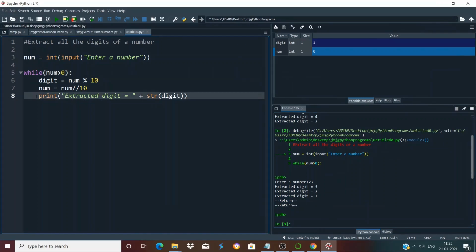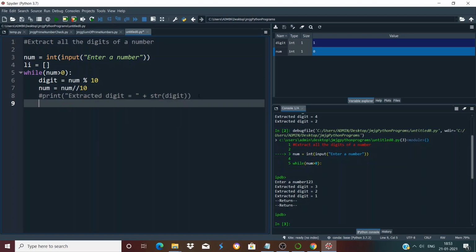Now instead of printing the digits separately, you may also be asked to store the digits in a list and find out the sum of the digits. In that case, what you will do, you will simply take an empty list here. You will store the digits. Instead of using the print statement, we will use li.append, that is, you are appending the extracted digit to the list, right? So we'll do digit,